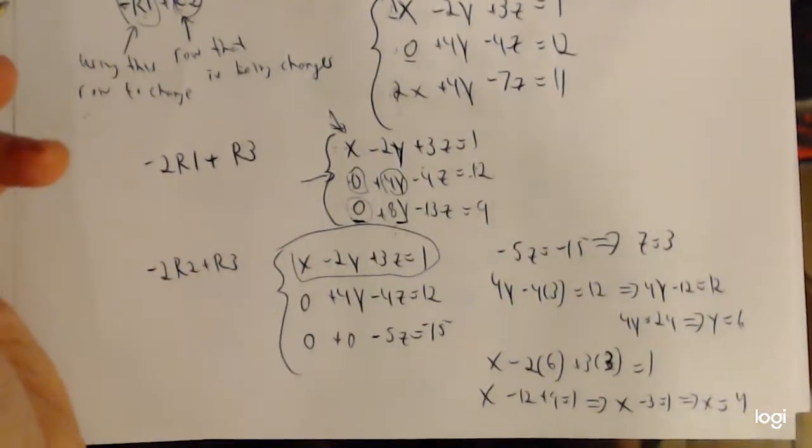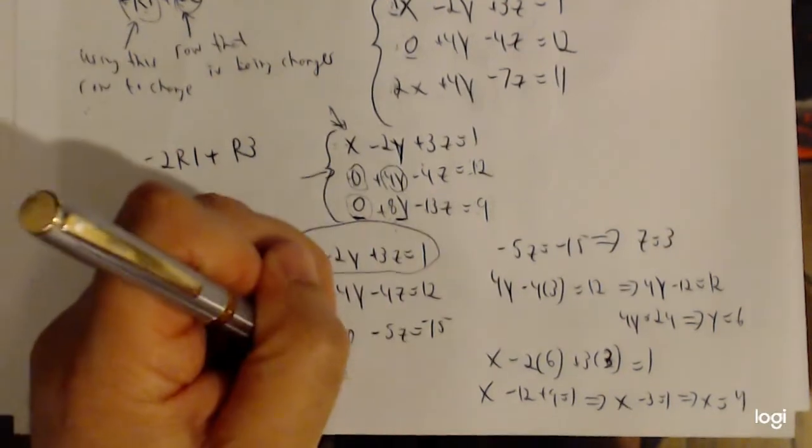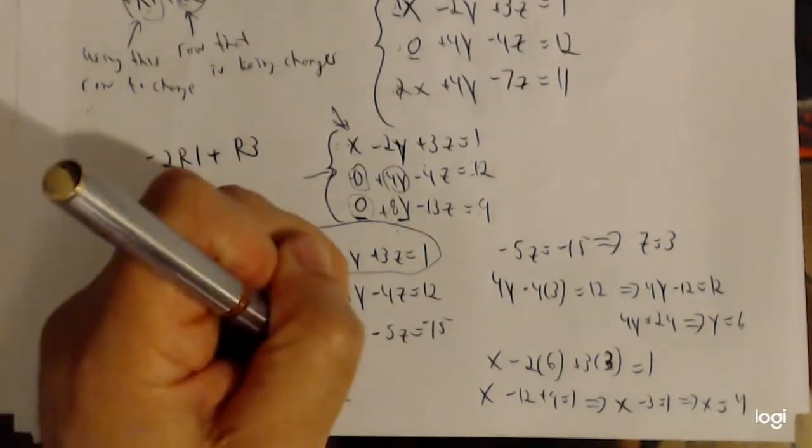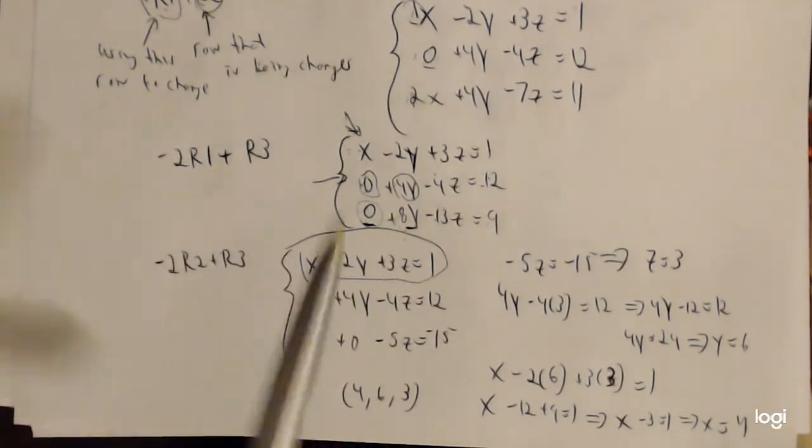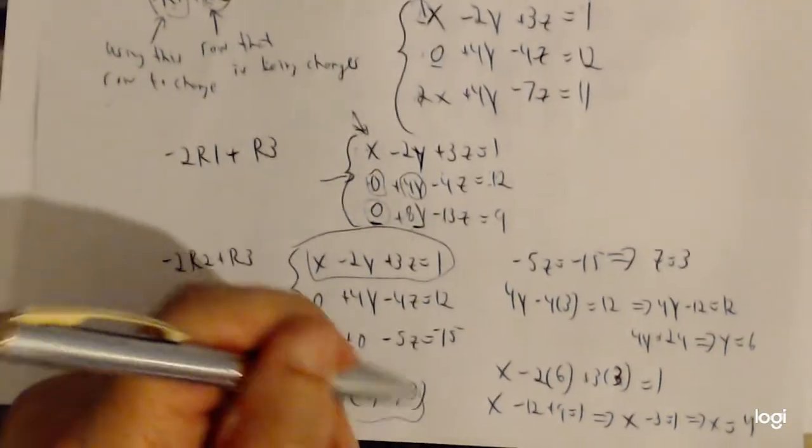So what we notice is there's only one solution. And what is the solution? These three planes intersect at the point (4, 6, 3), right? Because that's x, y, and z, and that's our answer. Okay? So let's move on to our second example,